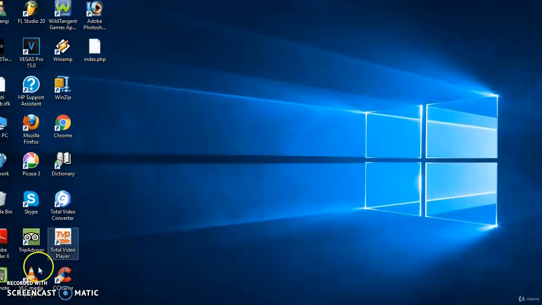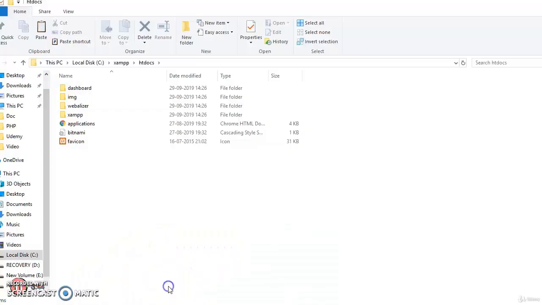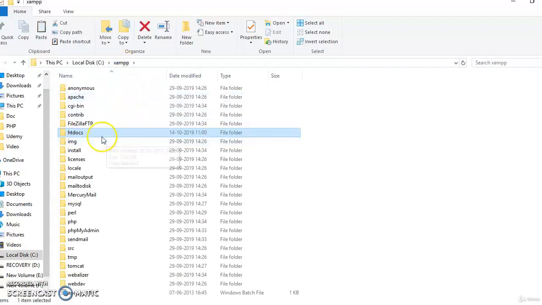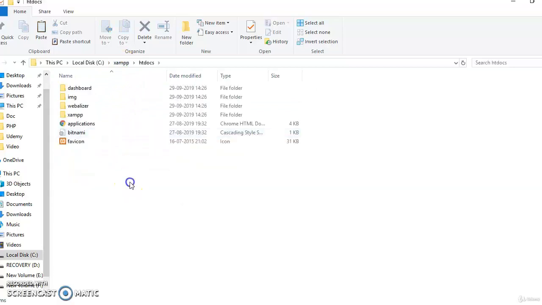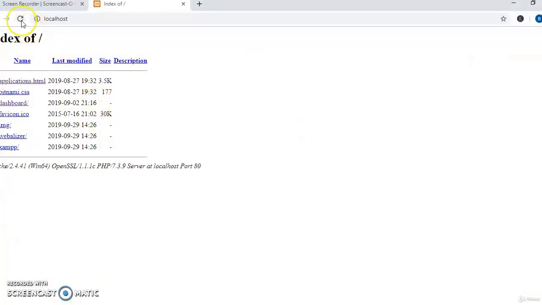As you can see, the index.php has been created over here. I'll be copying this file with Control C and pasting it to the folder in XAMPP. In XAMPP, navigate to htdocs, open the folder and paste it here. Make sure each .php file is pasted inside the htdocs folder. It is where the PHP parser searches for the .php files. Once it has been pasted, navigate to the browser and reload it. As you can see, your first program, hello world, has been printed on the browser.